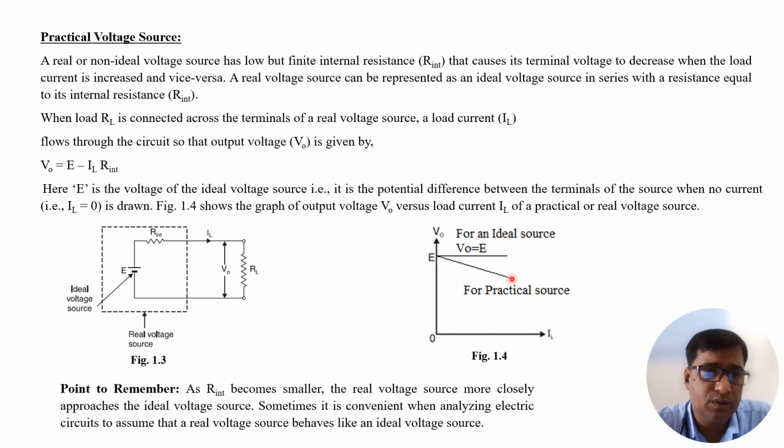Here it is very important to remember the point. As RINT becomes smaller, the real or practical voltage source more closely approaches the ideal voltage source. As we have said earlier, if RINT becomes 0, then the practical voltage source will become an ideal voltage source. Sometimes it is convenient when analyzing an electrical circuit to assume that a real voltage source behaves like an ideal voltage